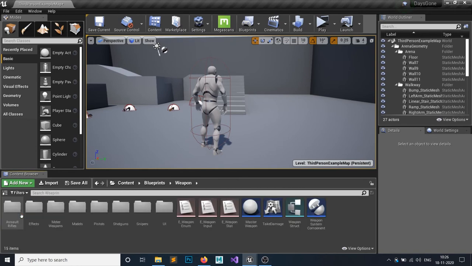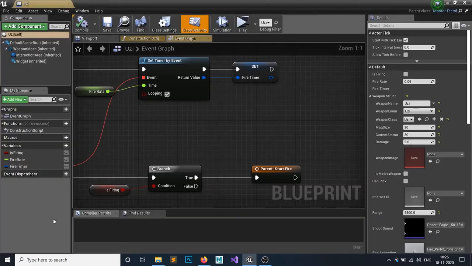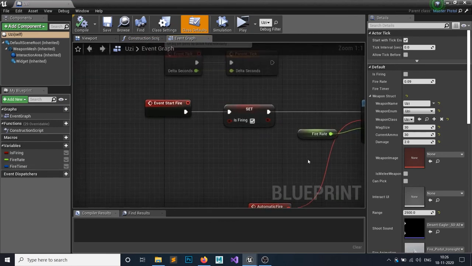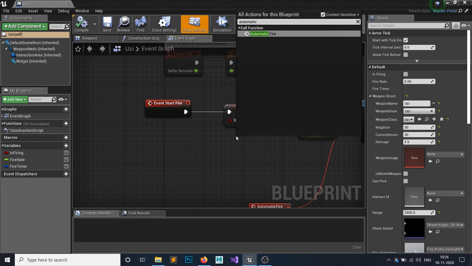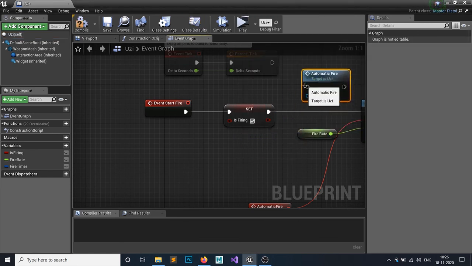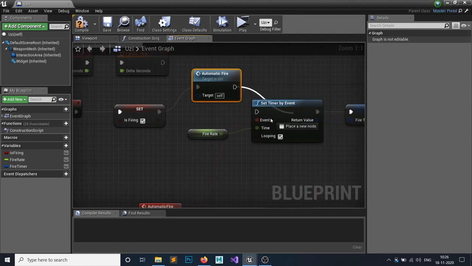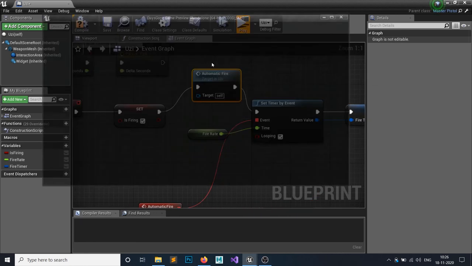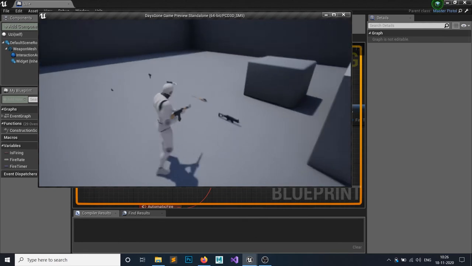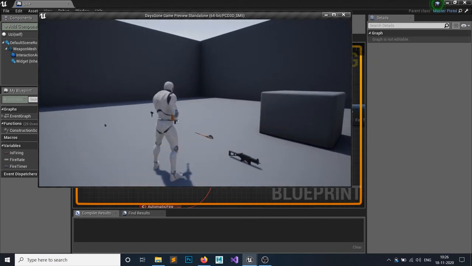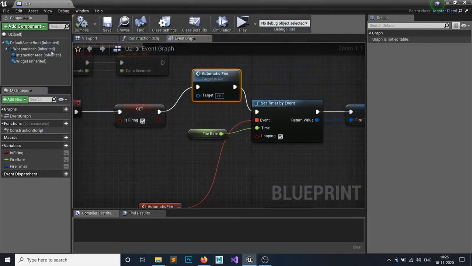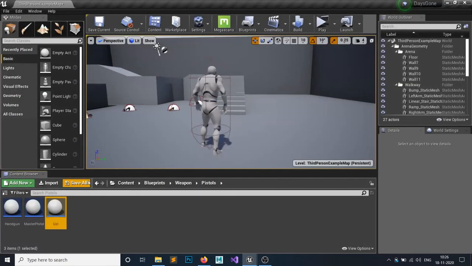Same with the Uzi gun. Yes, automatic fire, I want to call this function for the first time. So even if you click a single time, it should shoot. So if I click, it is shooting, and if I hold down, it is also shooting. So now it is fine.